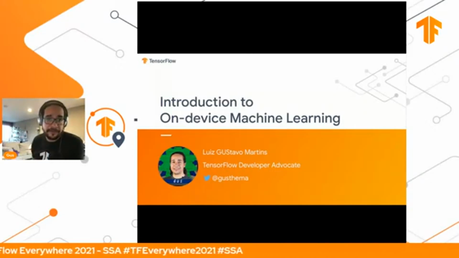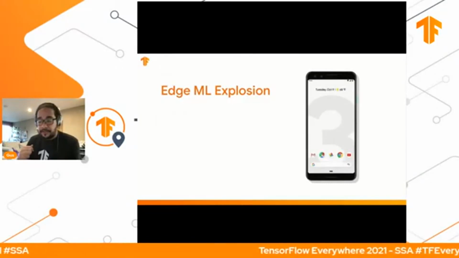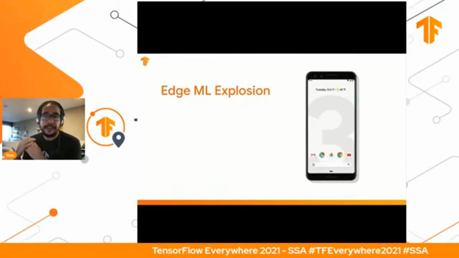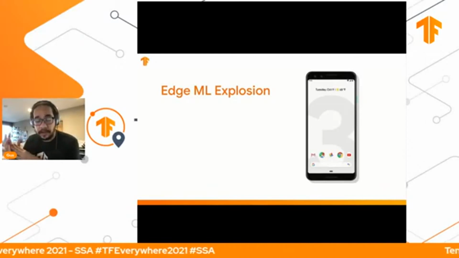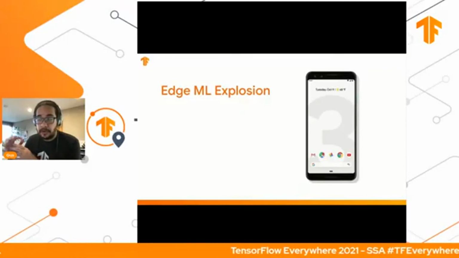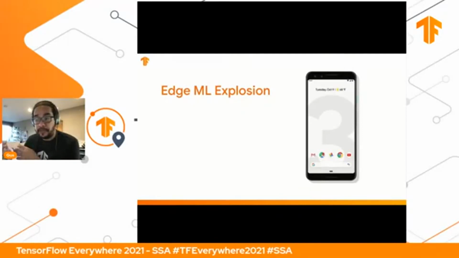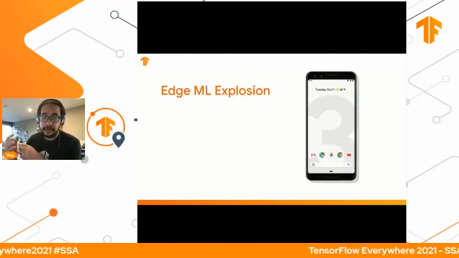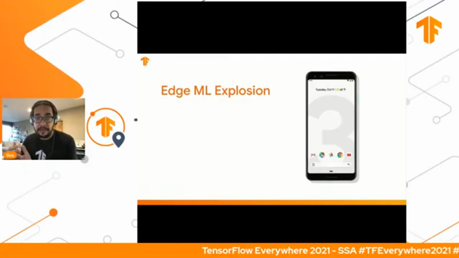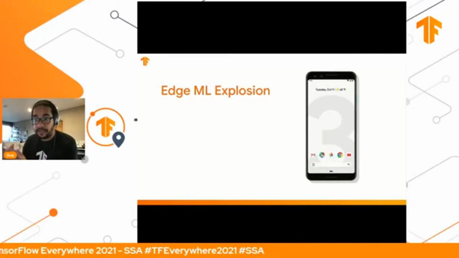Let's try to understand what's this edge ML explosion. So the thing is, first we start with machine learning, and it's cool, and you can solve a bunch of very good, nice problems like vision, text, and others. But then that was so good that people thought maybe we should use that on other places outside of our servers. And how can we do that? And when people found out that you could run a model on a device, that changed a lot of things, right? Because then you have a phone, and everyone has a phone, and maybe you can use the machine learning model on pictures from your phone. So that's a huge thing that you can do now.